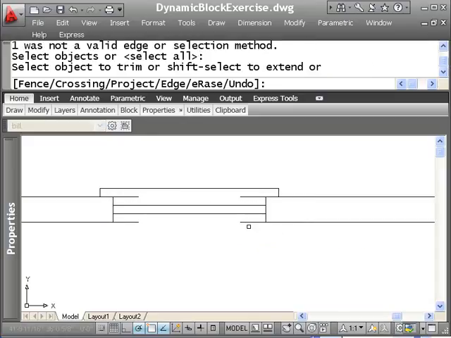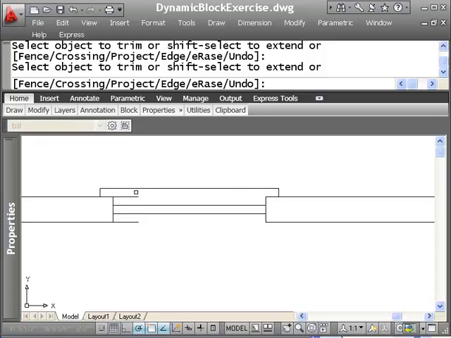Now we'll wrap this up. Clean that up a little more. Just can't stand the way it looks. We'll wrap this up by adding two visibility states: one that has a projected sill and one without a projected sill. And when you see the visibility states, I think that should open up all kinds of possibilities for you in creating your own blocks. Because you can put as many things as you want in a single dynamic block definition,